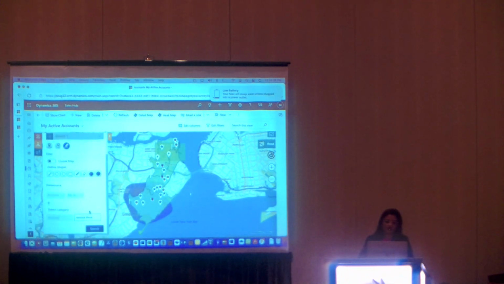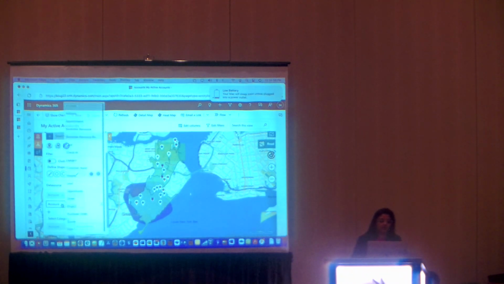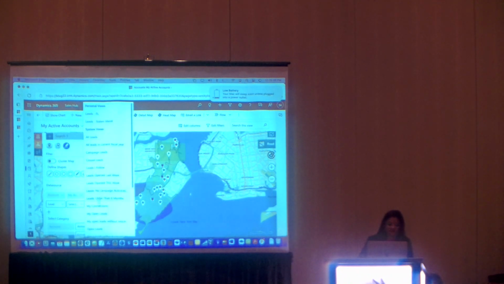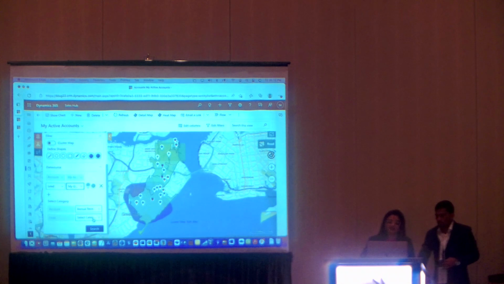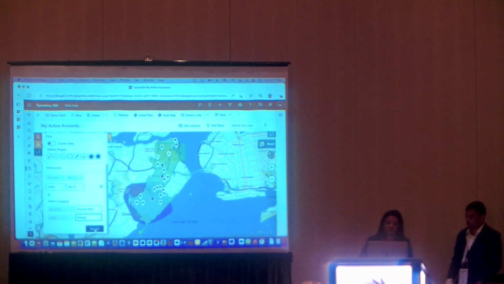Now before doing that, let me add one more component over here. Along with accounts, I can also overlay additional data sources. So even though I started with accounts, I'm not restricted to it. Say I want to also see my prospect information. I do that, and I can choose one of my views, which is my open views over here. I can choose a category for this as well. So I choose rating, and now when I do a search,